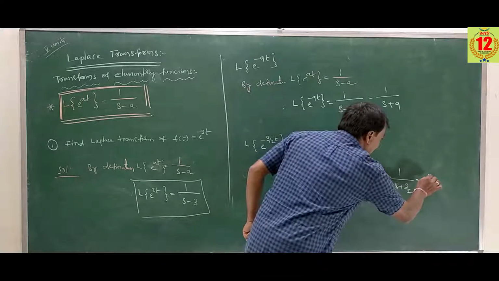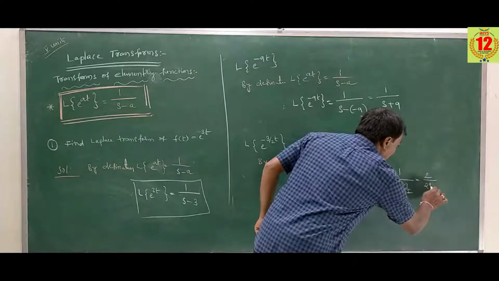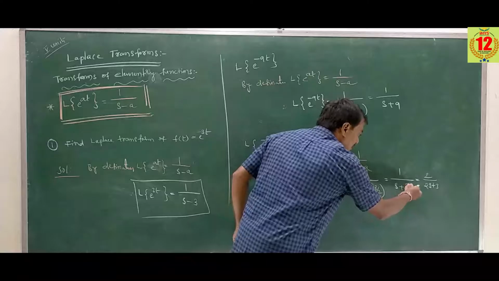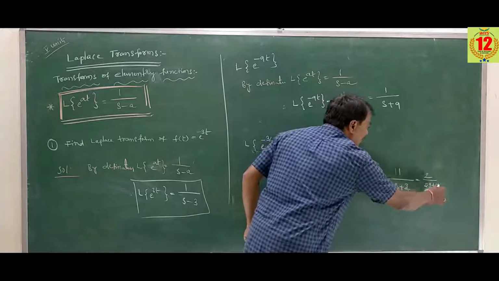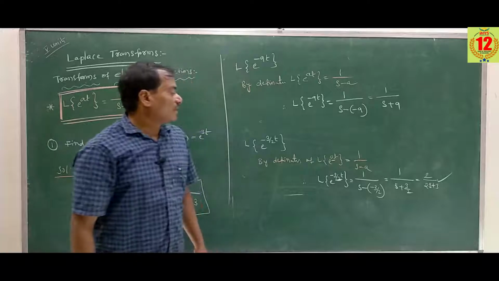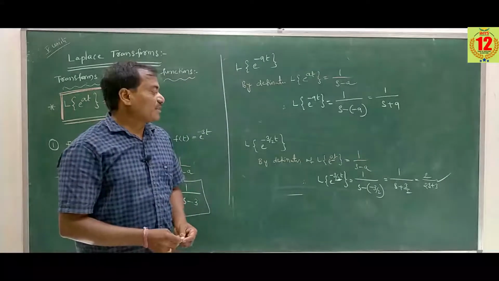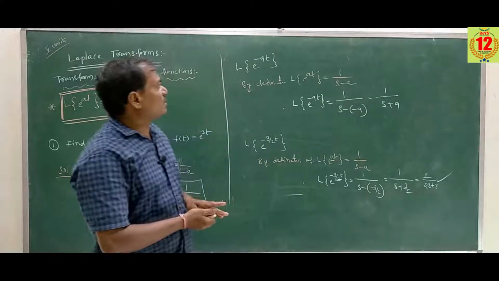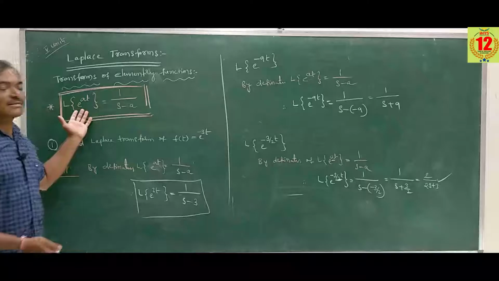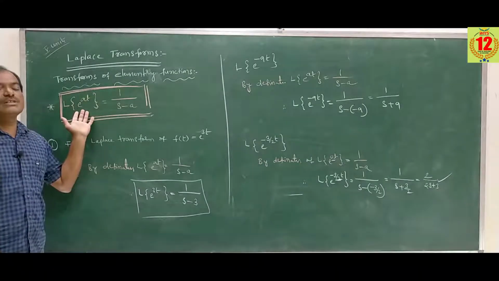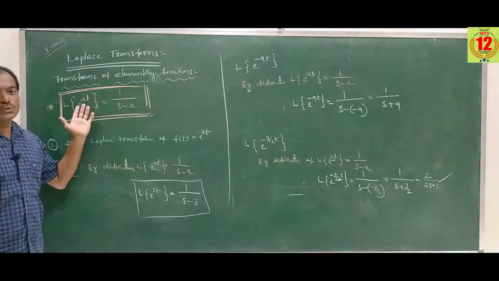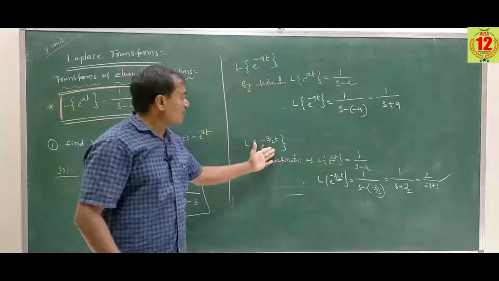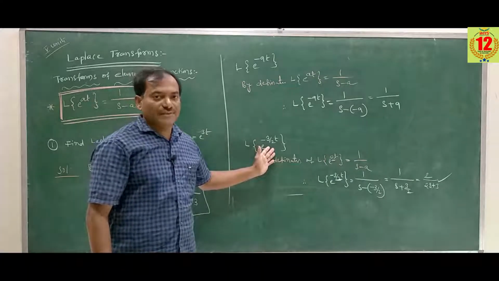So finally this is equal to 2 by 2s plus 3. Here the LCM is 2, so we get 2s plus 3. So here the denominator becomes the numerator. This is the Laplace transform of e to the power of minus 3 by 2 into t. These are the problems based on the transform of the elementary function. What is the function here? f of t equal to e power at. If these kinds of problems are given, this is the process of finding the Laplace transform of the given function.